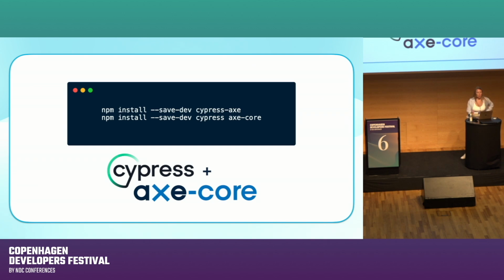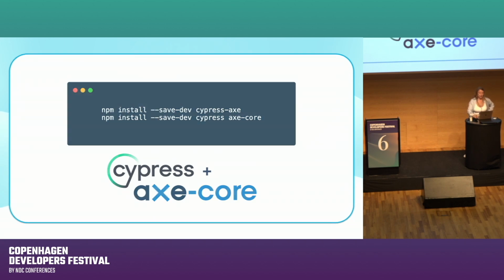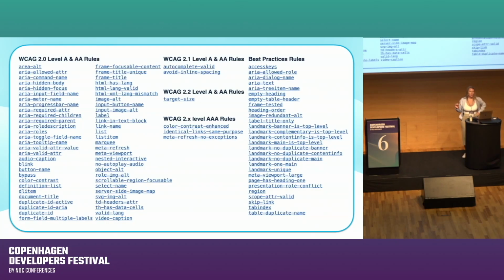Axe Core is an open source library that is used to drive other popular accessibility tools such as the Storybook A11Y add-on. I'm using Axe Core here with Cypress in order to integrate it into our end-to-end tests and run it in a fully rendered running application. The Axe Core accessibility testing engine applies all of these rules wherever it is called to check for accessibility. The fact that these run against a fully rendered application enables them to look for things like proper page structure,